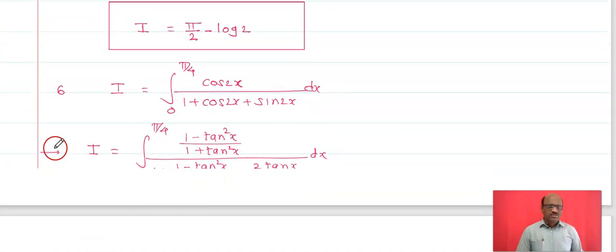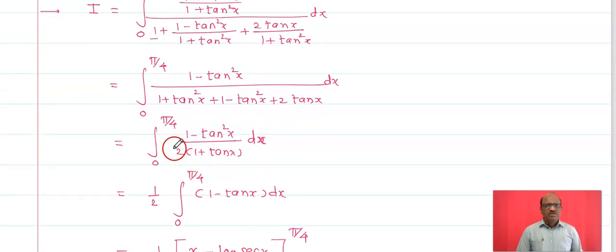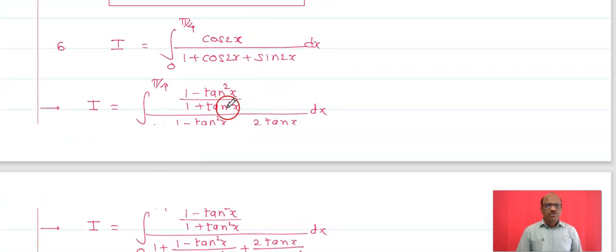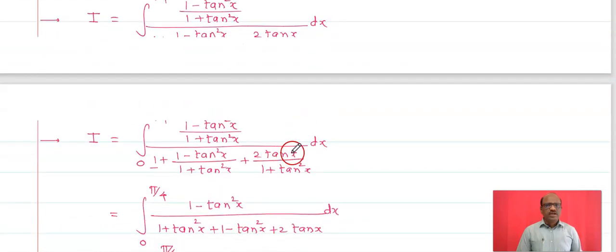Problem number 6, that is I is equal to the integral from 0 to pi by 4 of cos of 2x upon 1 plus cos 2x plus sin 2x dx. Now, what is the value of cos 2x? That is 1 minus tan square x upon 1 plus tan square x, and sin of 2x is 2 tan x upon 1 plus tan square x, and therefore the integral from 0 to pi by 4 of 1 minus tan square x